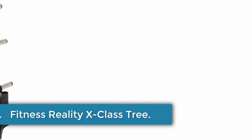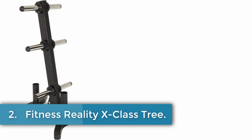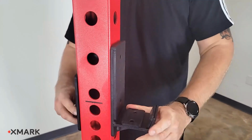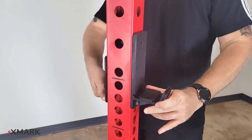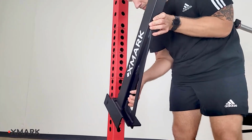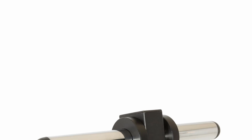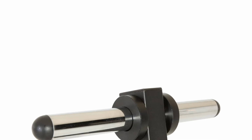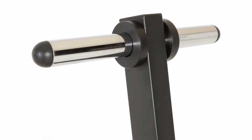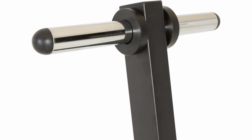Number 2. Fitness Reality X-Class Tree. The Fitness Reality Tree Rack for Weights is a compact and durable storage solution designed to keep your home gym organized and safe. Constructed from alloy steel, this rack features chrome-plated posts that resist chipping and scratching, ensuring longevity. With dimensions of 22-inch D x 26.5 W x 41.5 H, it can hold up to 1,000 pounds without tipping, making it stable